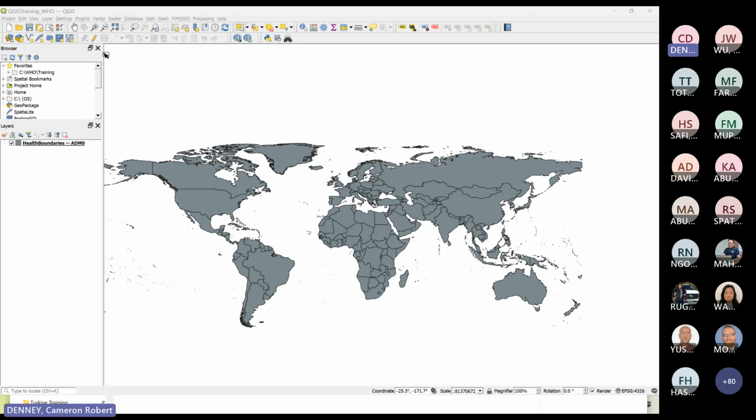Great, so if the shape of the map on my screen looks a little different than you're used to seeing, especially if you're using Google Maps or something like that, it is indeed a different shape. So let's play around and change some of the projections. In the very bottom right corner of your QGIS window, not the farthest right button, but one in this cryptic area with a little globe icon that says EPSG, and probably everybody says 4326. That's the current number code for our projection. But if you click that EPSG,